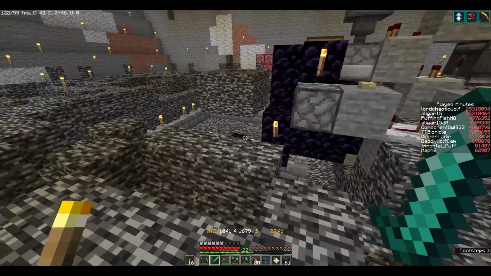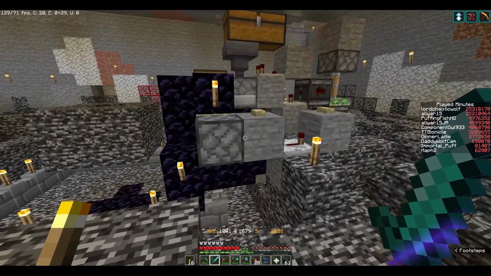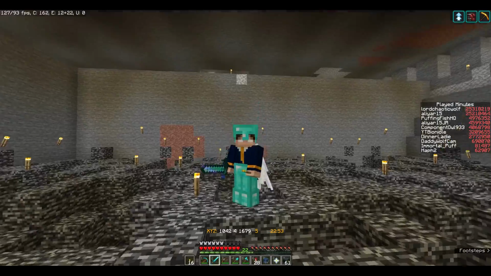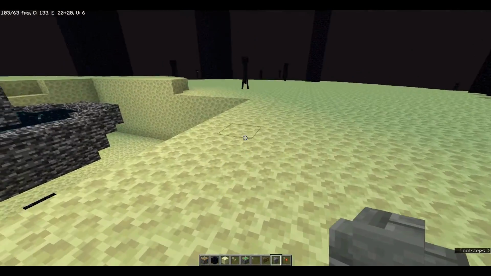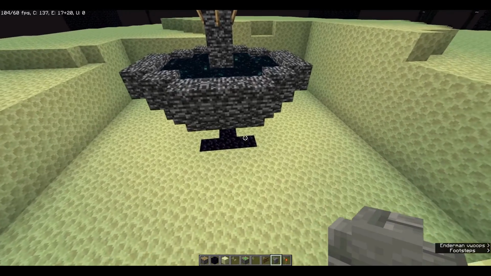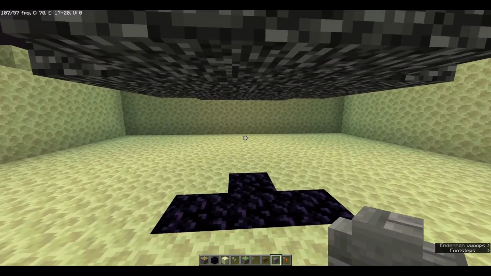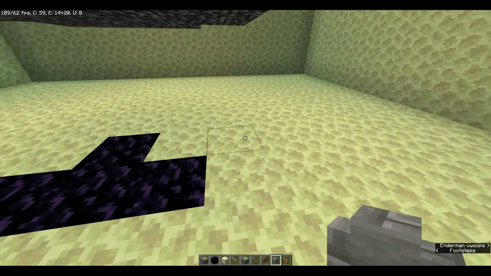So let's head on over to a setup area I already have in a creative world, and I will show you guys how to build this. Okay, so here we are on a creative world. I have already cleared an area out underneath the exit portal in the end. So you want to make sure you only dig down 2 blocks